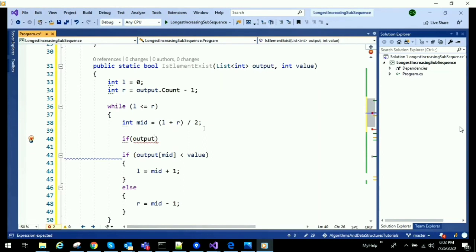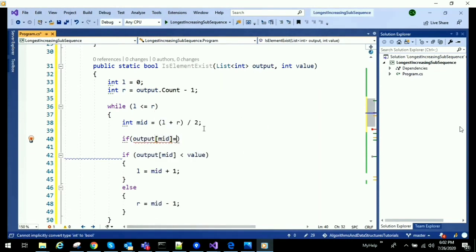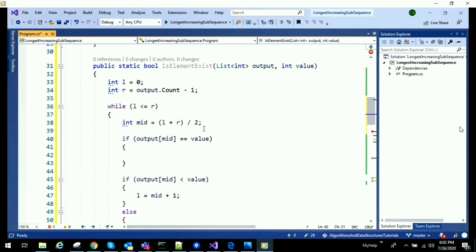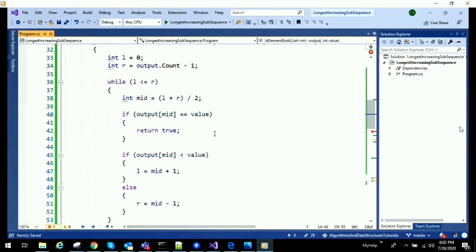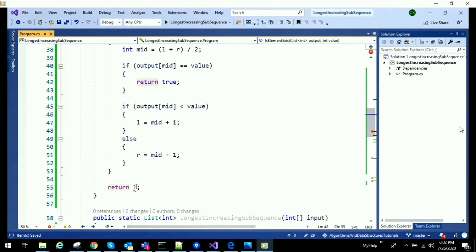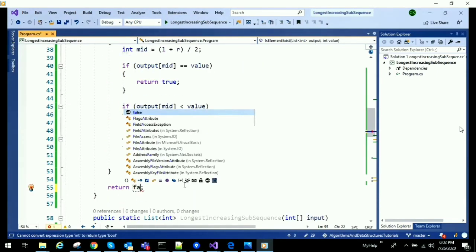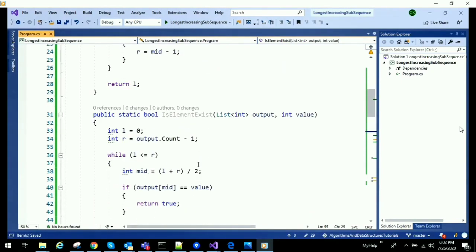Output of mid element is double equal to value. It means we found the value. Return true. And even after completing this loop, if we did not find the value in this array, it means the value is not there in that array. And that is it. This should work.